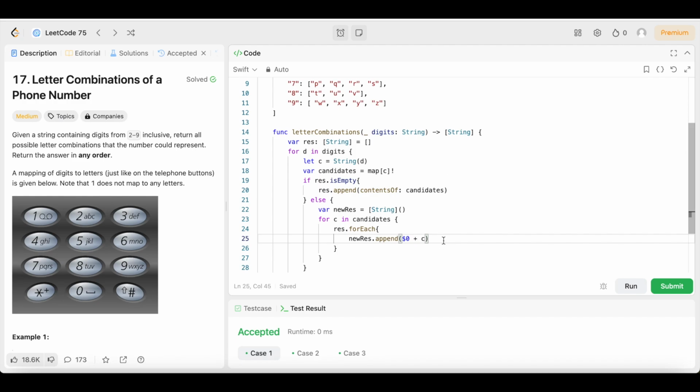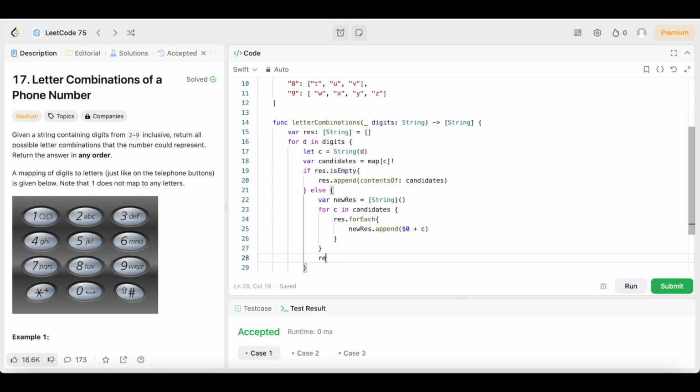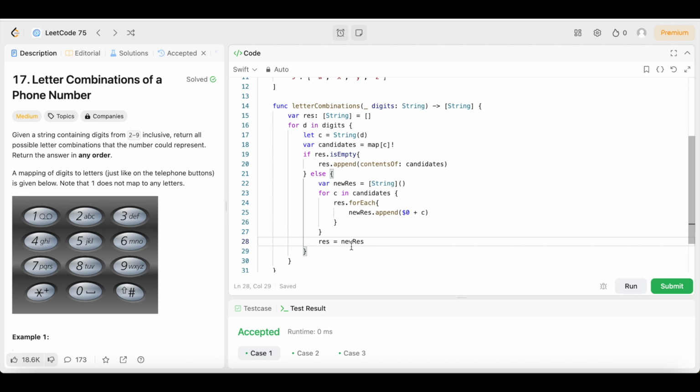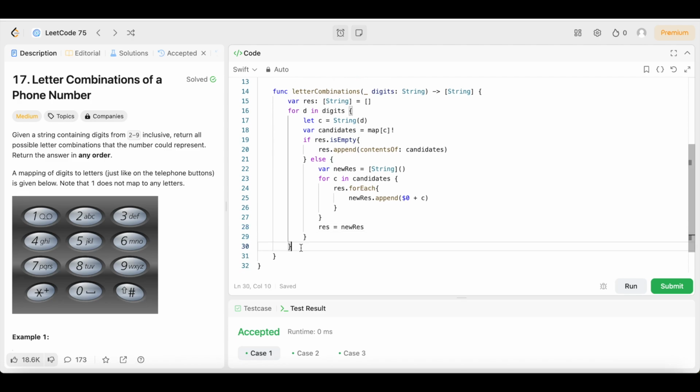Then we're going to come underneath all of that. We're going to say res equals newRes. Then we're going to come down here and say return